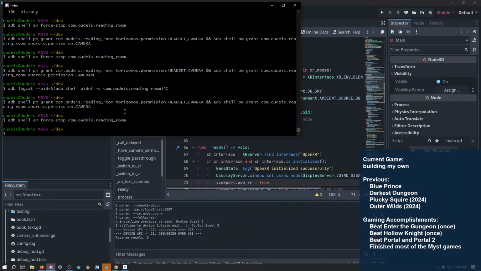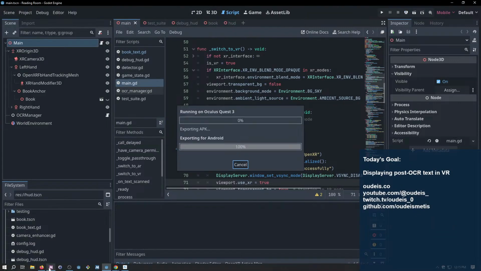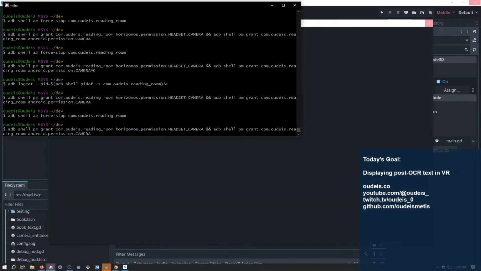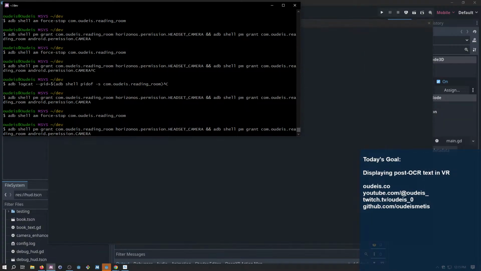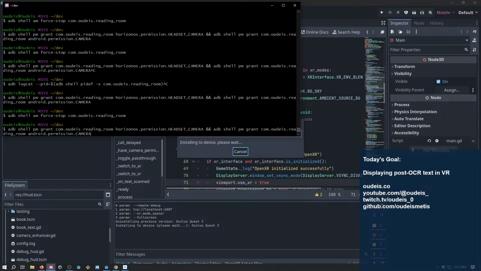Why is it doing... Wait. I just force stopped it again. That's hilariously stupid again. Okay. I'm trying to start the logs quickly just in case it crashes, but then I'm running the wrong command. All right, let me try this again. I mean, I guess I'm force stopping. I don't need to do a redeploy. I could just go into the headset and launch the app again, but I want to do this from here